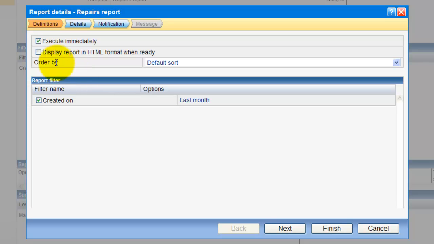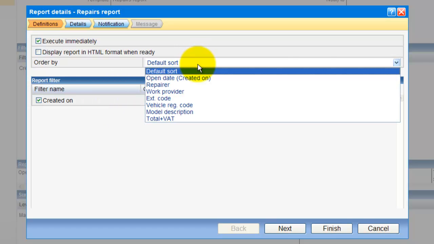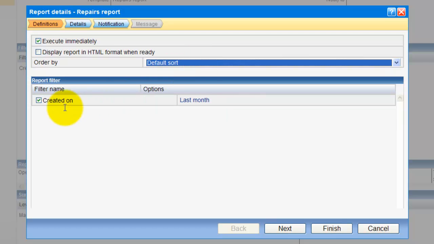Now this wizard will ask you several questions. If we would like to execute it immediately or to wait with the schedule to the night or some other schedule. You can display the report immediately in HTML format when it's ready, or do it in another way. You can select the default sort or others, and you can change the filter for this report now. If I don't want to do anything, I can go next,